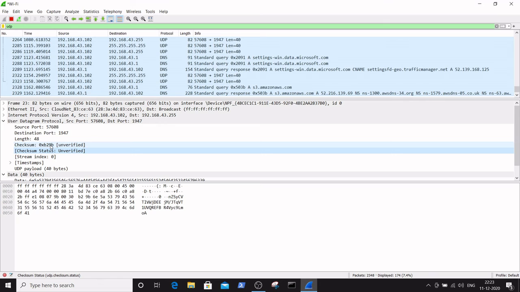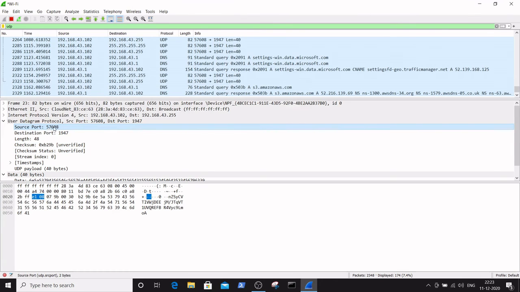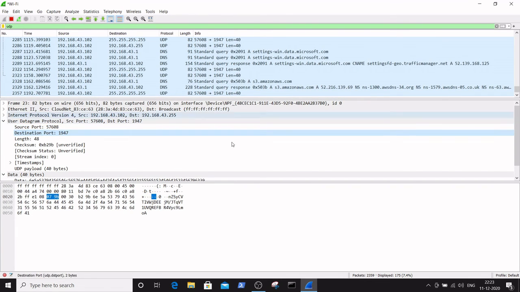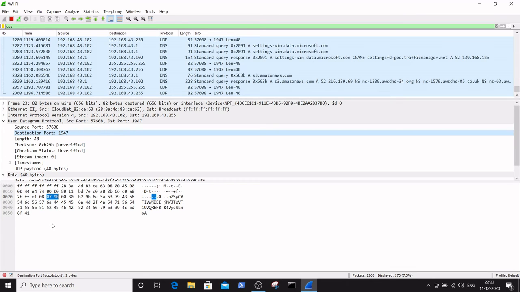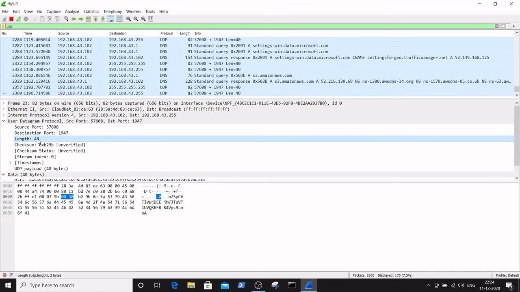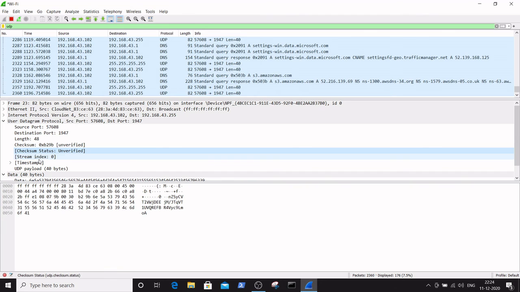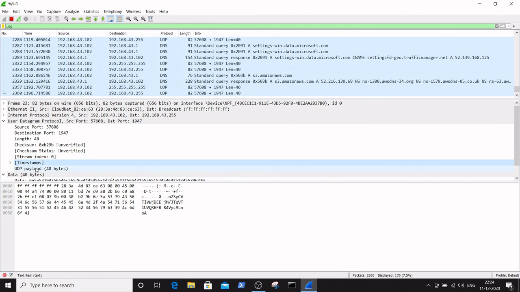The purpose of the checksum is to check whether the packet from source port to destination port is intact or not.